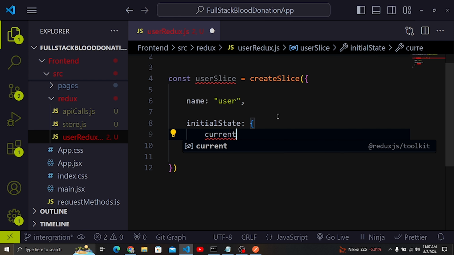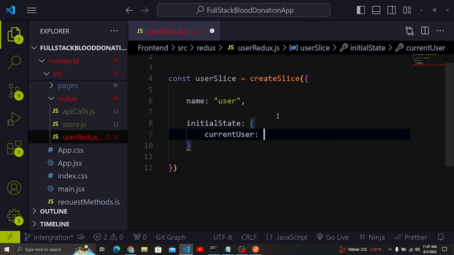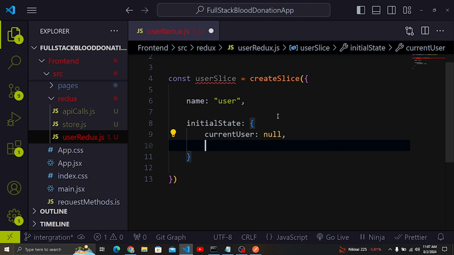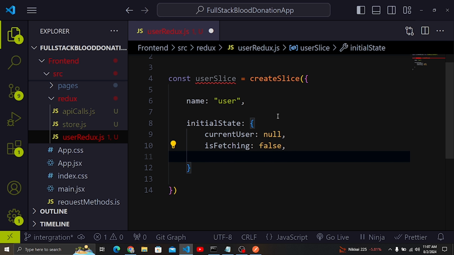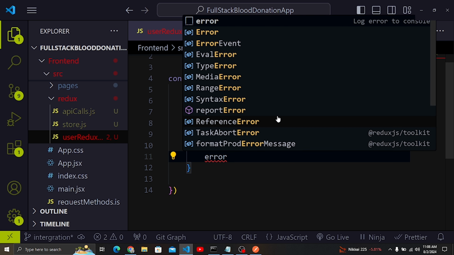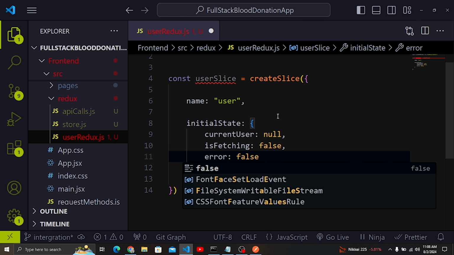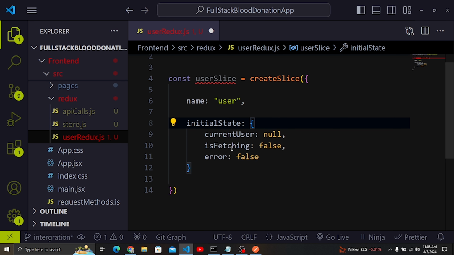a current user or the admin, which will be just null. I'm going to have another, isFetching. So isFetching here will be false, because when we are starting to fetch, in the current state it will be false. Another thing is that we are going to have error. So if we have error here also, we are going to show false. We are going to have error as false because this is the initial state. We have not started fetching, and that's why you can see isFetching is false and also error is